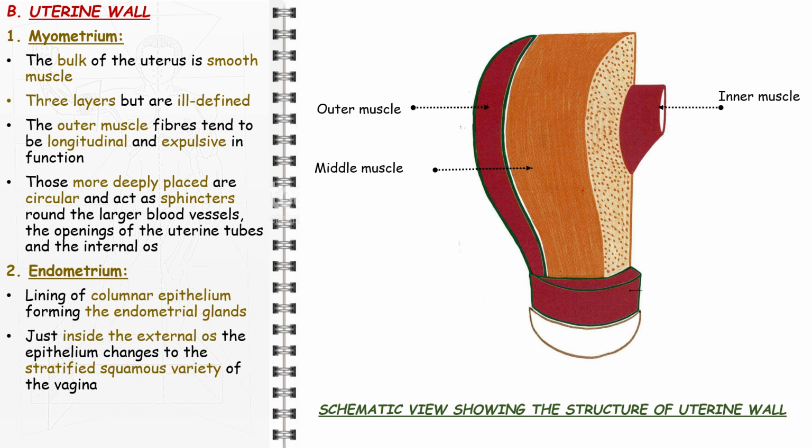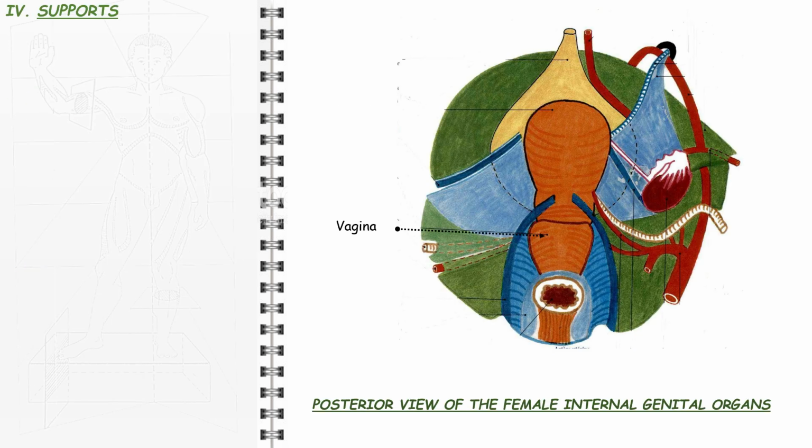The outer layer is made of serosa, the perimetrium. It covers the fundus and the vesical and intestinal surfaces of the body. It is also made of adventitia. It covers the supravaginal part of the cervix and is continuous with the parametrium and the paracervix. The body of the uterus is supported by 6 paired ligaments. In front, the round ligament and the vesico-uterine ligament; backwards, the uterosacral ligament; and, laterally, the broad ligament, the parametrium